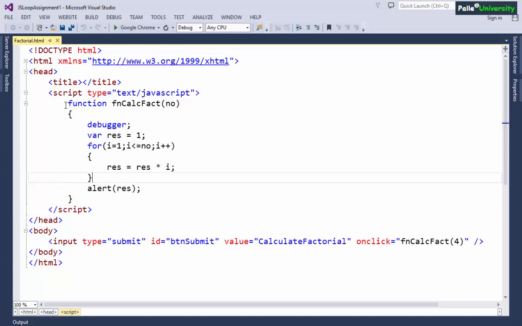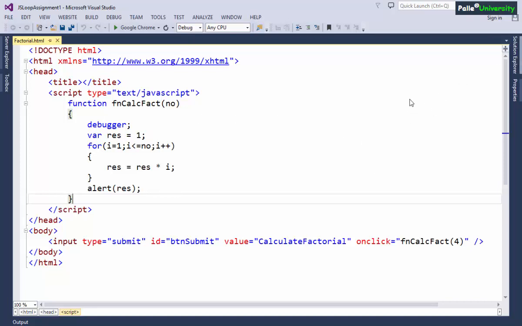Now I would like to debug this JavaScript function by using Internet Explorer or by using Edge browser. I will first show you how to debug this function in the Internet Explorer browser, and later I will show you how to debug the same code in the Edge browser also.